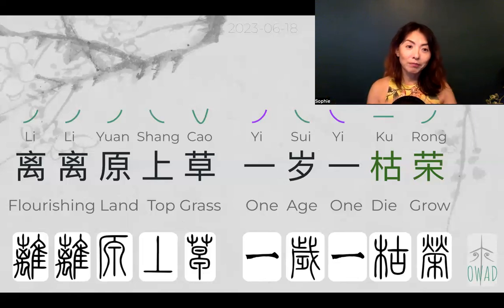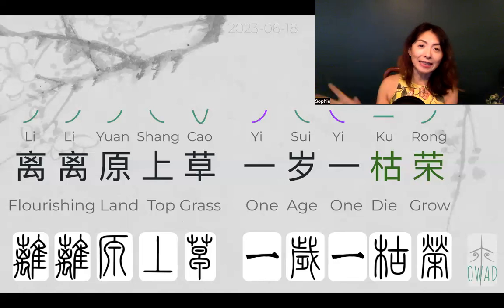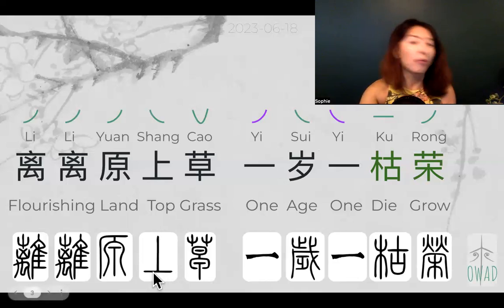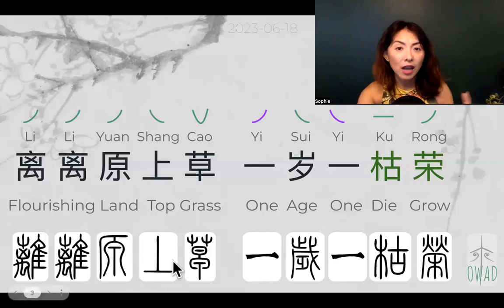So besides the language simplification process, there was this complication process to add something a little bit more to make sure there's no misunderstanding of what that character is. So that's my interpretation of why. So this is the ancient shang, means on top of something, very visual.